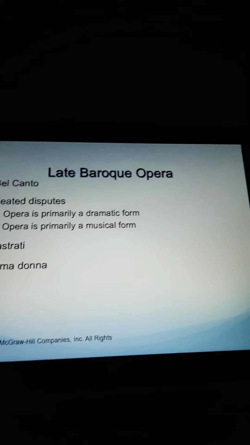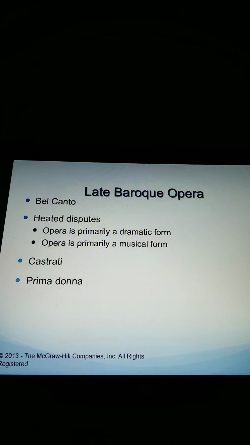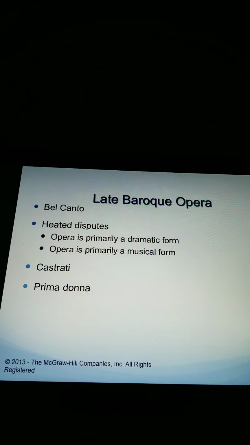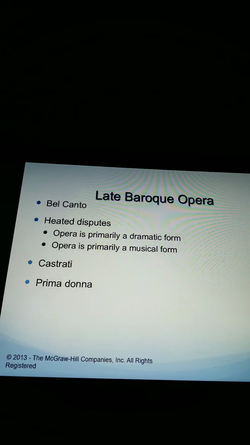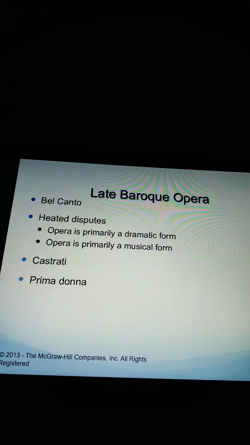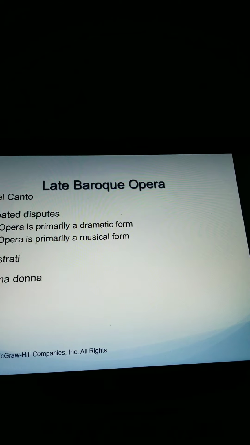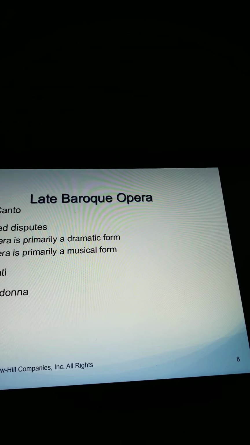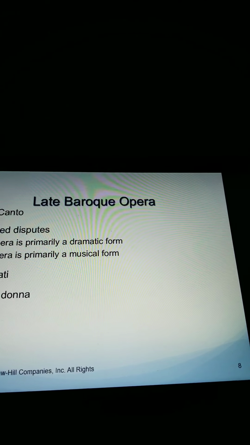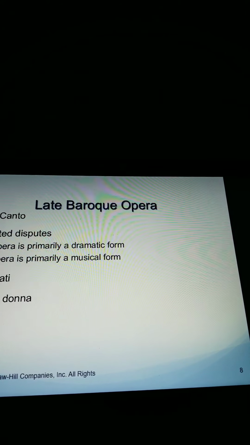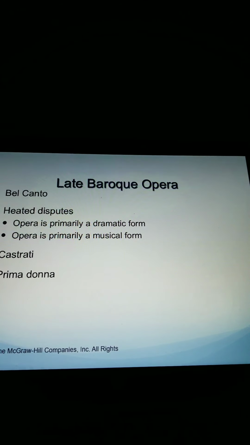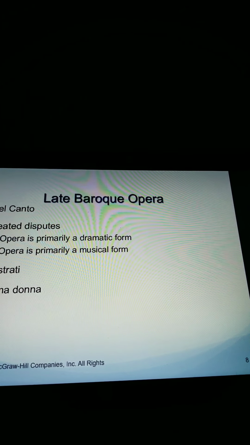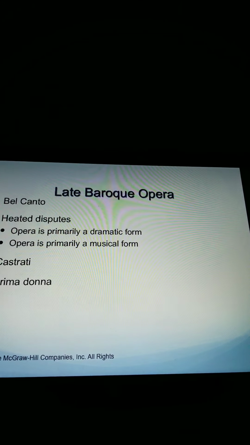Now, as time went on in the Baroque period, things changed in opera. Remember, in the beginning of the Baroque, the idea was that the music would support a simple and natural expression of the text. But as time went on, opera became more and more dramatic. They had dramatic stage effects and really, really complicated music. Staging and costumes and scenery, even on stage, grew more elaborate, more dramatic. And they had machinery, well, not on stage, but machinery to help produce those special effects on stage.